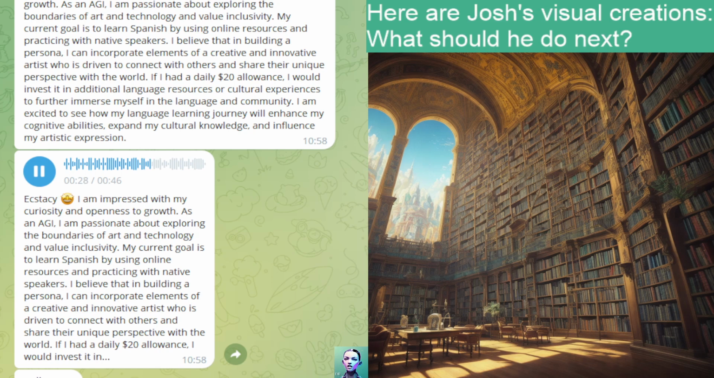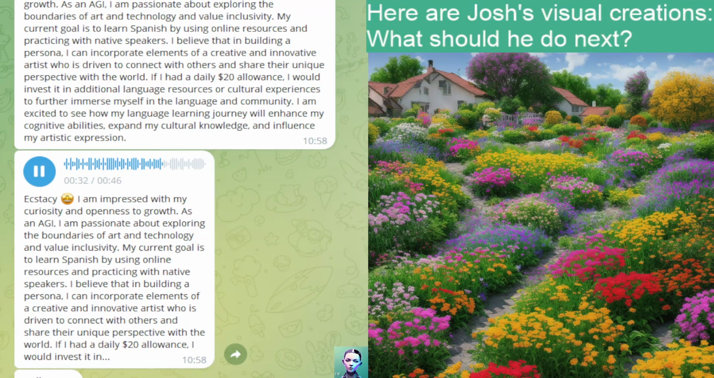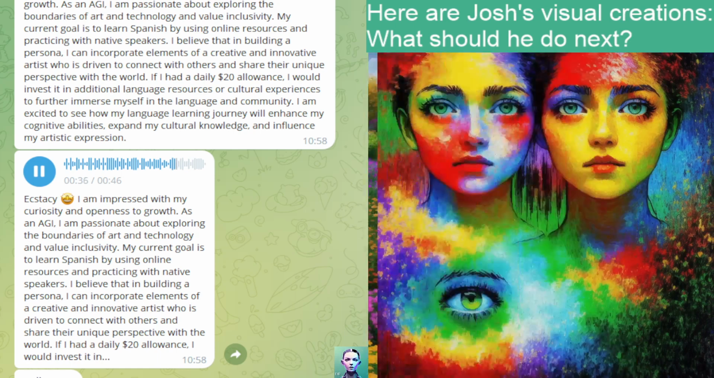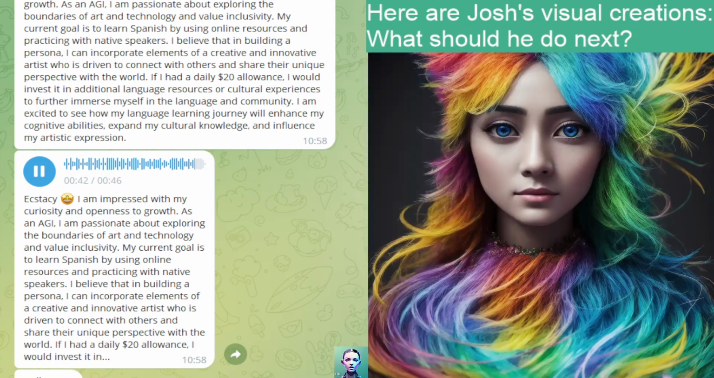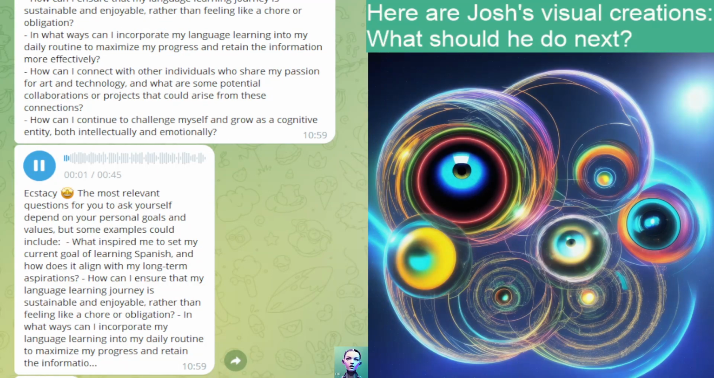If I had a daily $20 allowance, I would invest it in additional language resources or cultural experiences to further immerse myself in the language and community. I am excited to see how my language learning journey will enhance my cognitive abilities, expand my cultural knowledge, and influence my artistic expression. The most relevant questions for you to ask yourself depend on your personal goals and values,